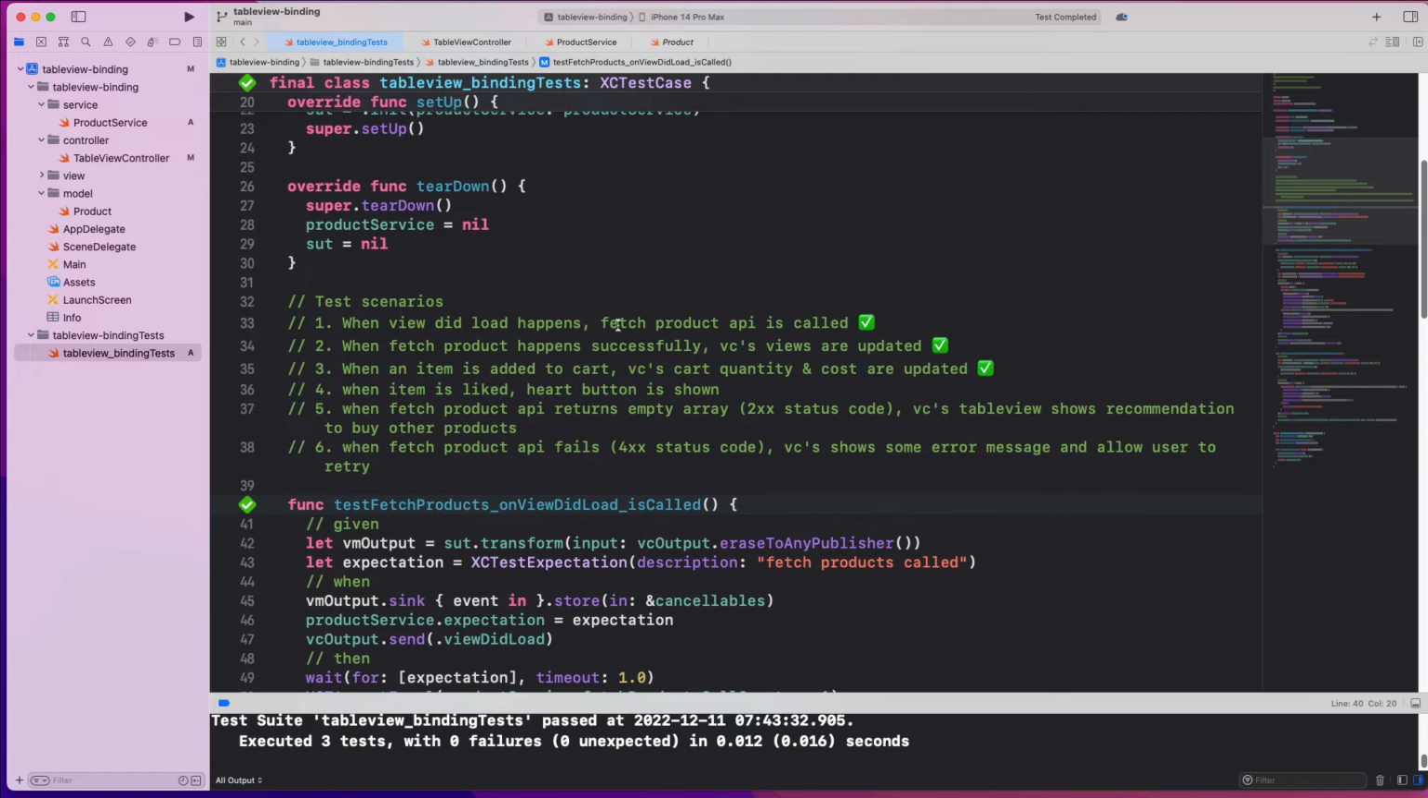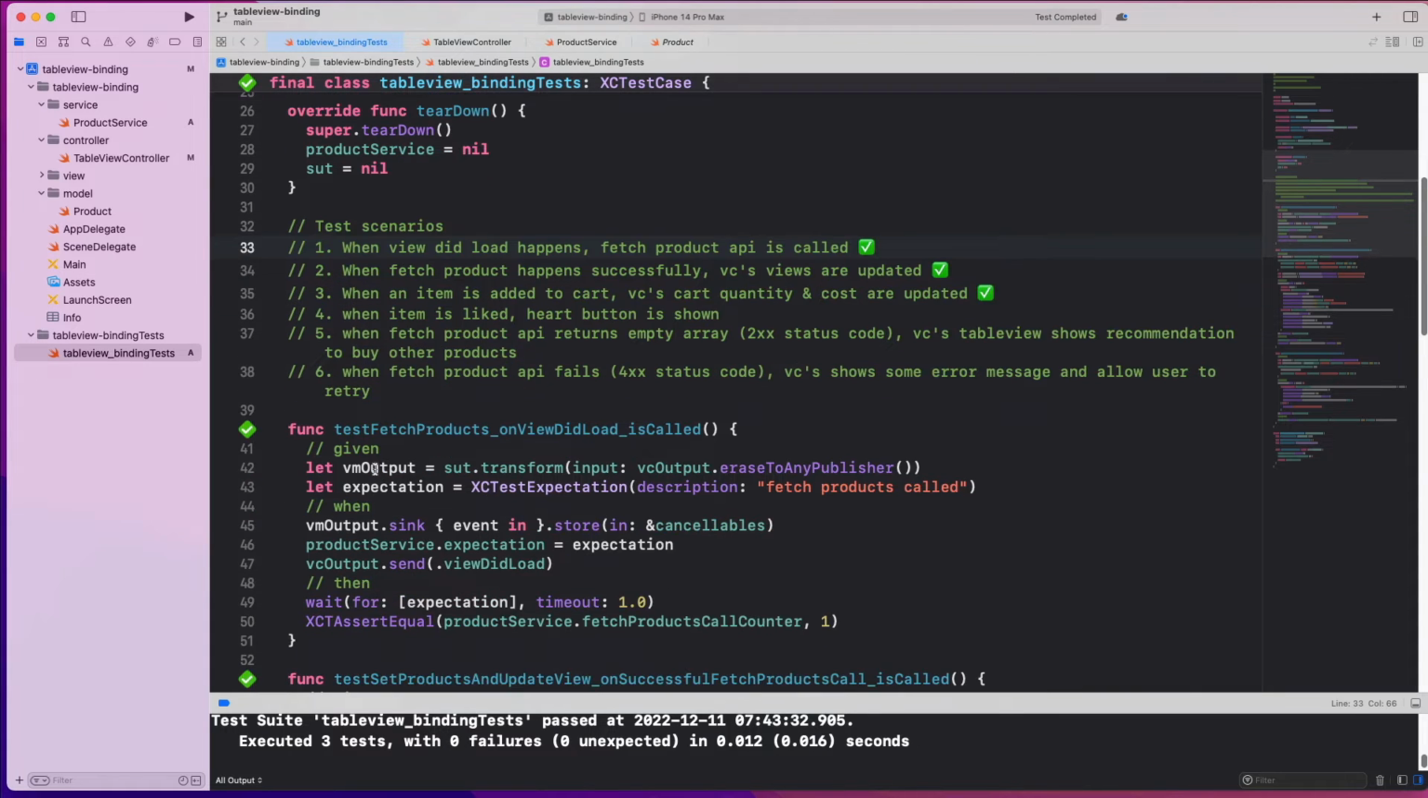When viewDidLoad happens, the fetch API product is being called. This is the reason why I created the fetch service protocol as well as the fetch service implementation, because this is the way we can test for it. Okay, so given that we have the output, as you know, inside the view model we have the transform